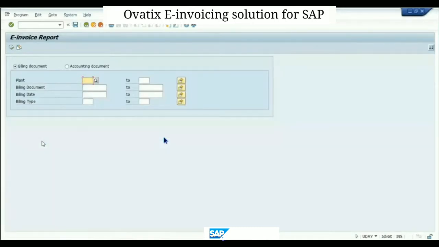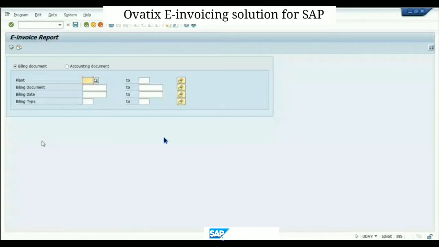So this will be our cockpit. Now, what we are considering here is that an e-invoice has to be generated for both sales invoices and also the accounting documents which come directly to the finance route. Like if you raise a direct finance invoice for a customer using the FB70 T code, then an e-invoice has to be generated even for those transactions. And if there is a debit note or credit note, then an e-invoice has to be generated for such transactions also.